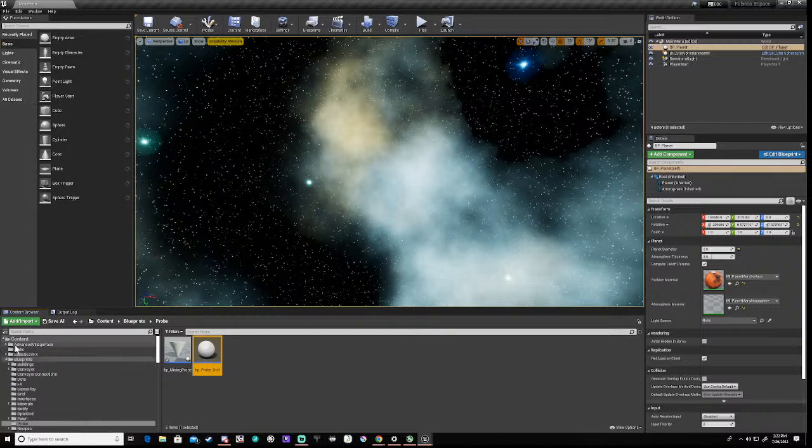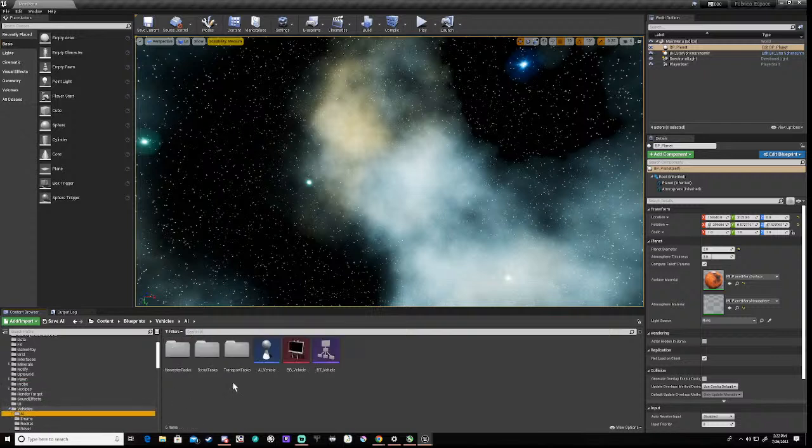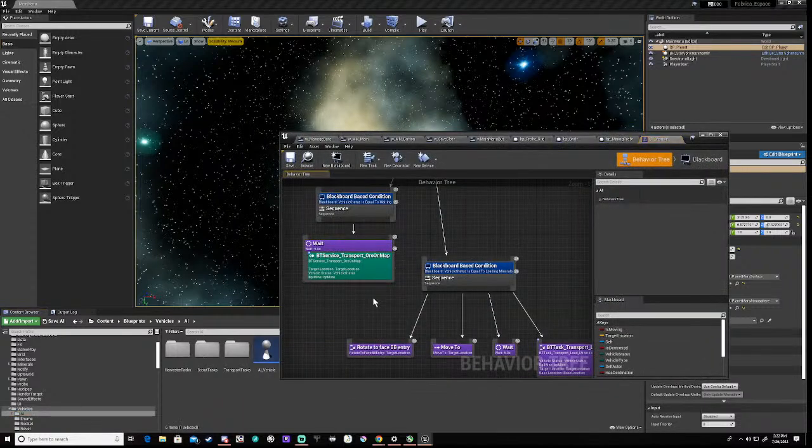Because if this spawns a mining constructor within the AI, then we need to replicate that. So if we go to vehicles and the AI, and then we look at the tree,